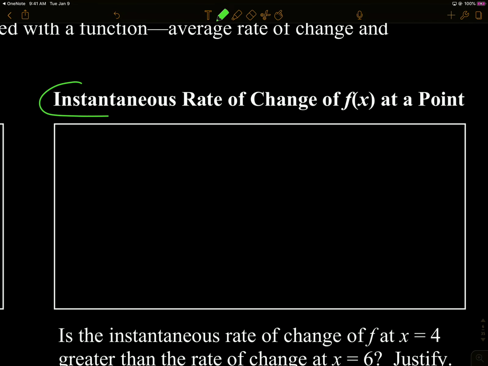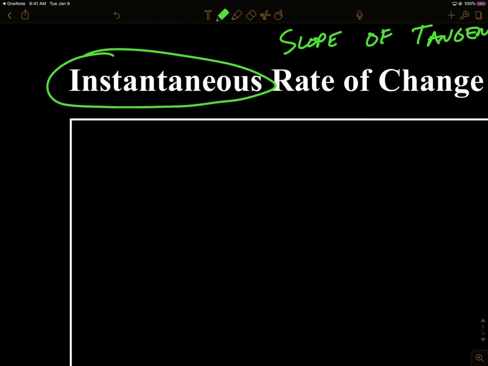Our instantaneous rate of change, since it's a rate of change, is still the slope of a line, but it's the slope of the tangent line, which we know to be the derivative. It happens at an instant, so I don't need an interval. That's the magic of calculus. You can find the rate of change at one point, which before derivatives was impossible. To find a rate of change, we needed two moments in time, and what we were really doing was the average rate over that time period. So we're saying at a single value, x equals a, the instantaneous rate of change